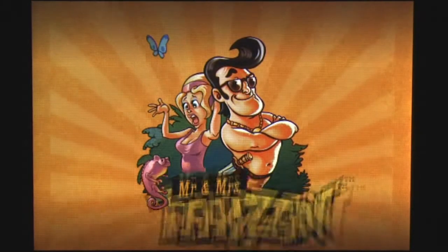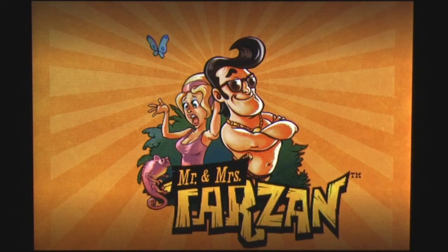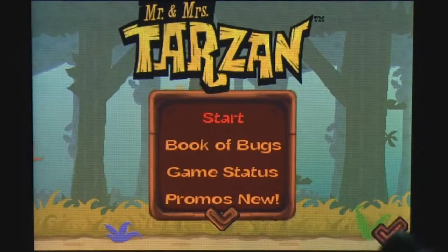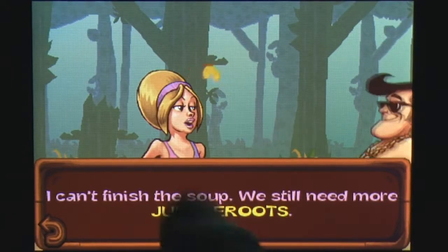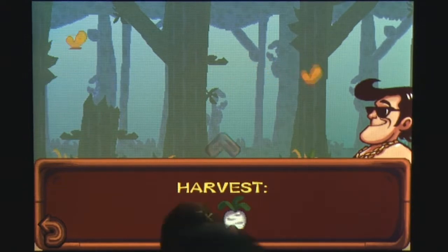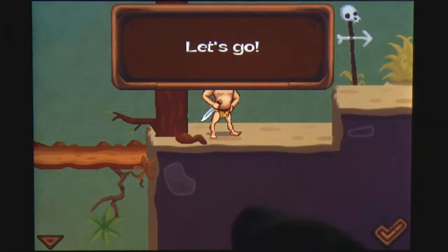One thing that has mostly defined the success of the arcade platformer genre is the simple, comfortable knowledge that a D-pad almost always did the job. You knew where you stood with a D-pad and a couple buttons. Mr. and Mrs. Tarzan by Real Networks is a platformer that succeeds quite well on the iPhone despite eschewing the